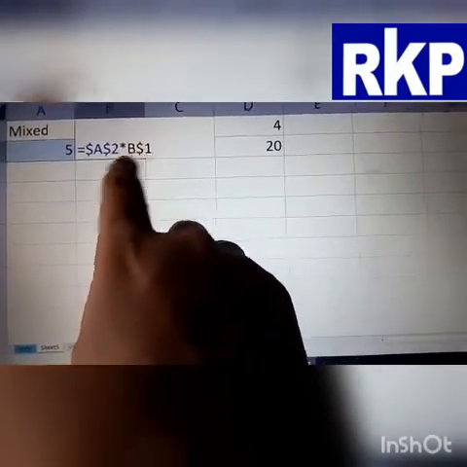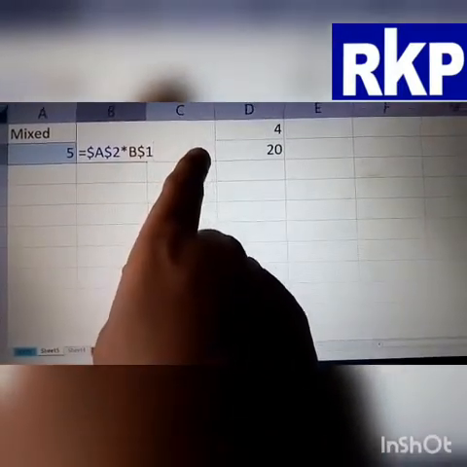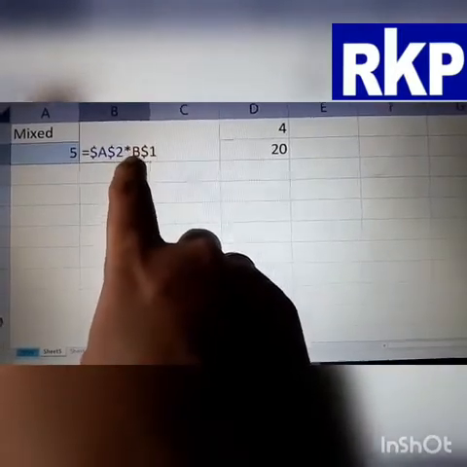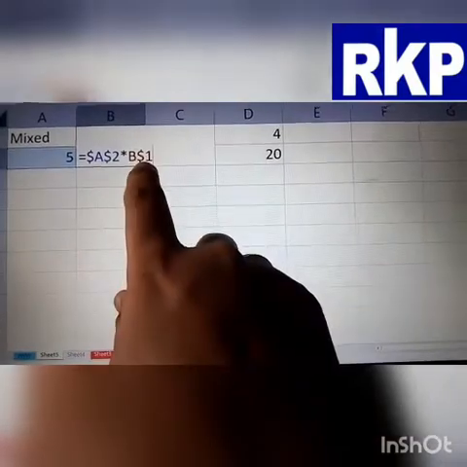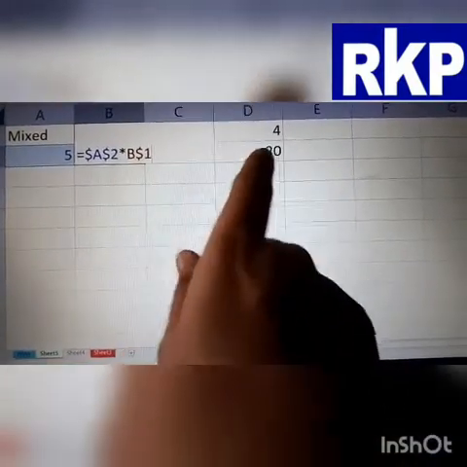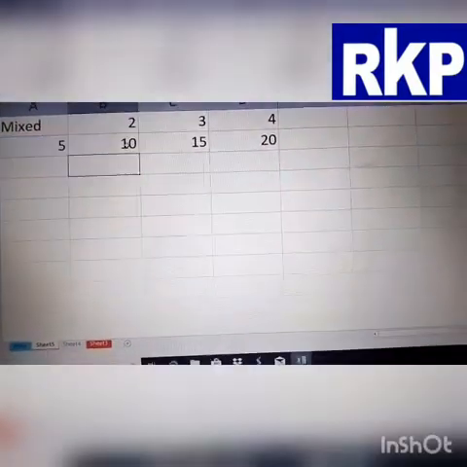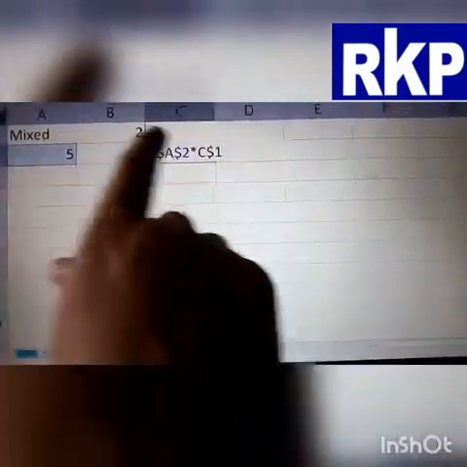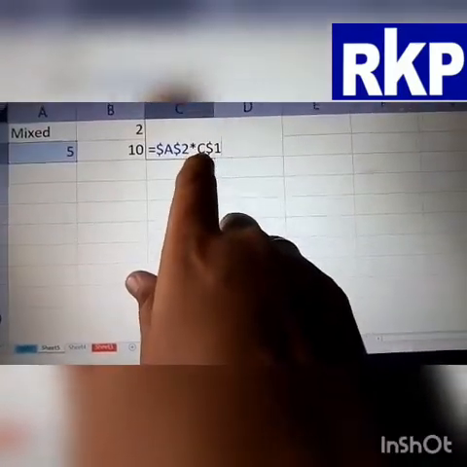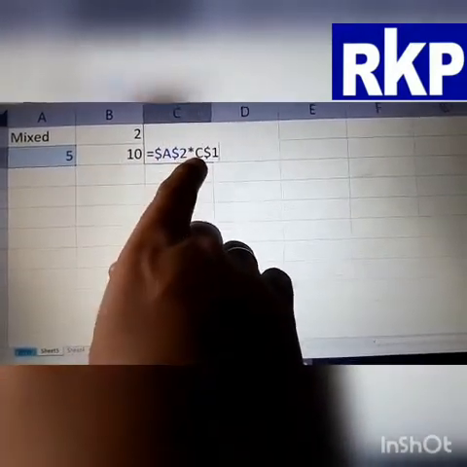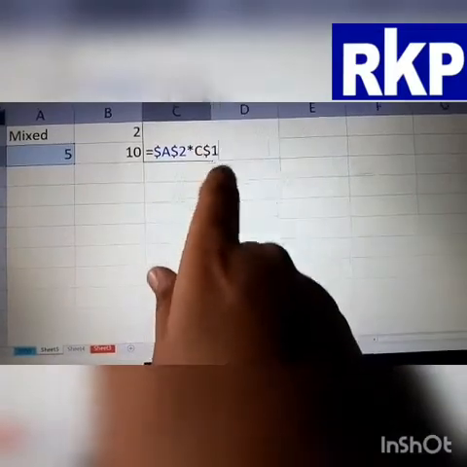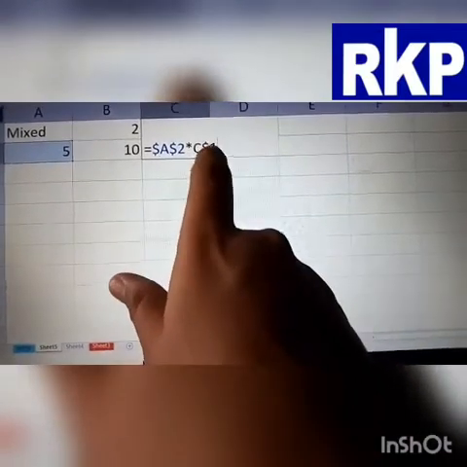How is it possible? See, in this you can watch that A was fixed, B is changeable and 1 is fixed. It means in the next column, if we drag the reference, in place of B, C will come, and in place of C, D will come. But 1 is fixed here, 1 is fixed here, 1 is fixed here. Now see this, this is fixed. In place of B, C is coming here because B was relative, but we have fixed row 1, that's why $1 is coming here.